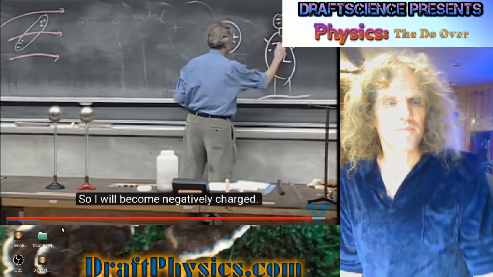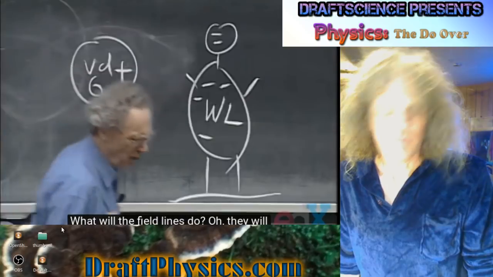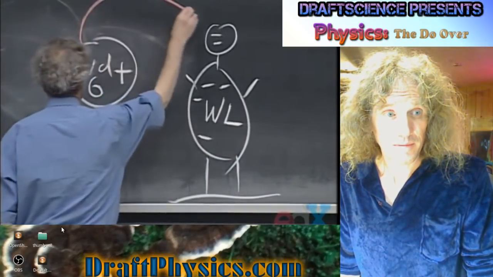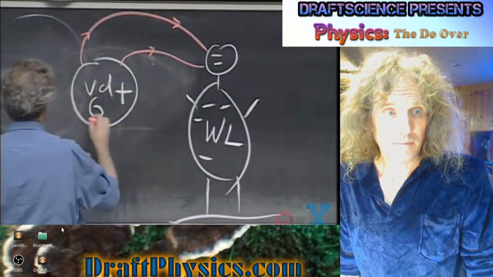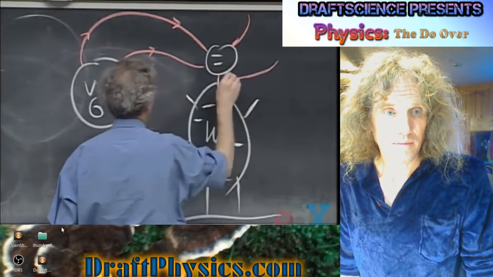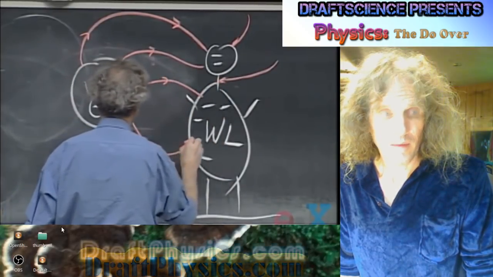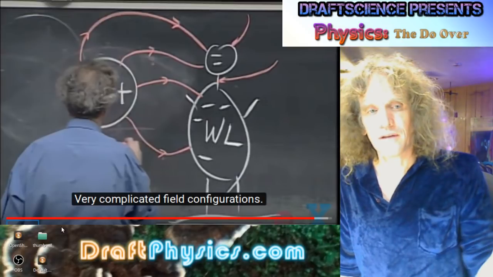So, I will become negatively charged. What will the field lines do? Oh, it will be extremely complicated. Very complicated. But something like this maybe. Maybe something like this. Some may come out here. Some may end up on my neck here. Some may go here. Like so. All right, so there are no field lines. There's just the amount of